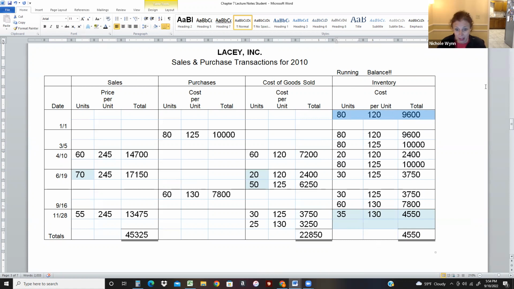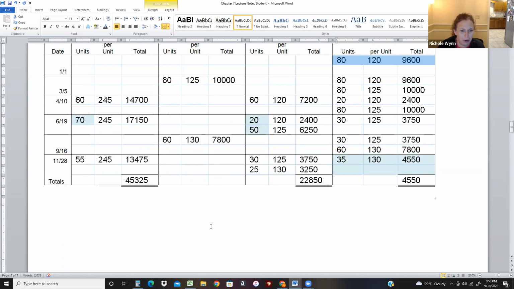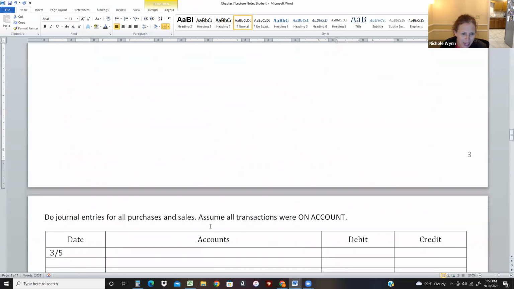So this is a FIFO table. For your project, you'll do a FIFO table and a LIFO table. For your homework, you'll do a FIFO table and a LIFO table. It should go well. I love these. Students usually like these. They're pretty straightforward. So the next page, though, is some journal entries because we haven't done any journal entries yet